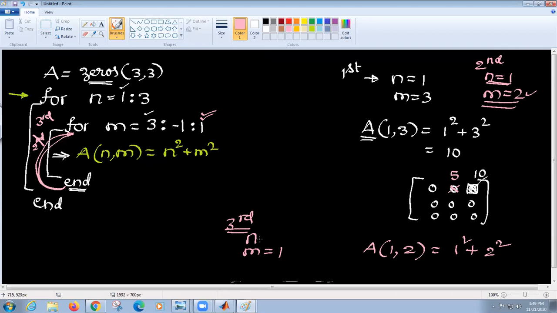We have not left this inner for loop, so n is equal to 1 still. Now m equal to 1, so we look at A11. So 1 square plus 1 square, this becomes 2.